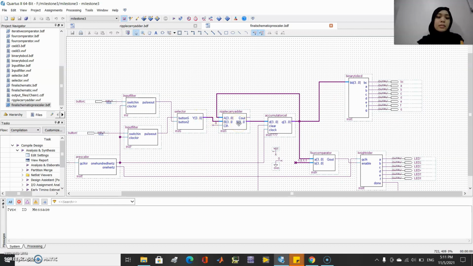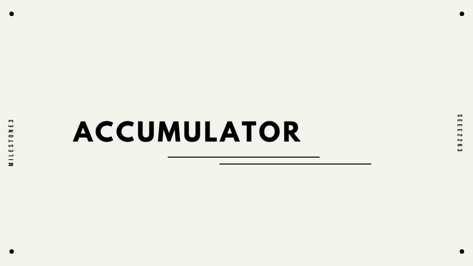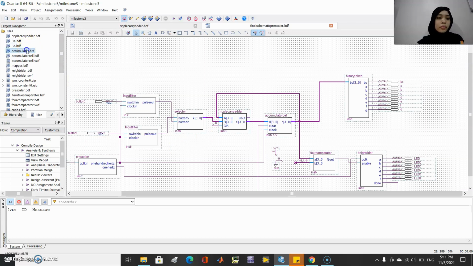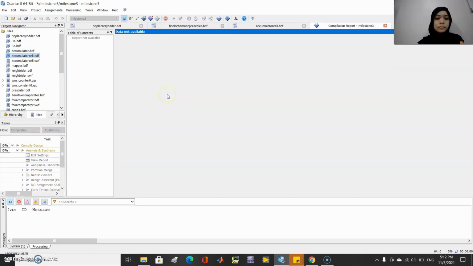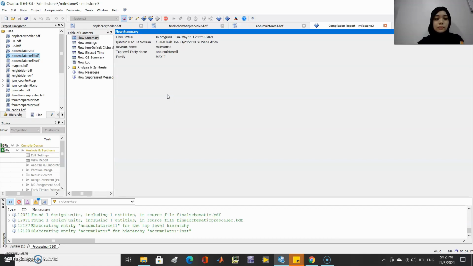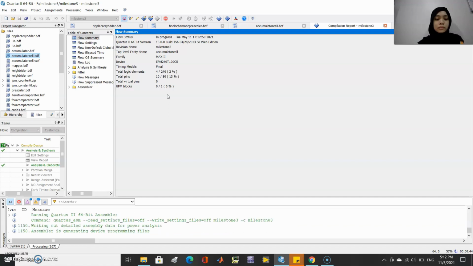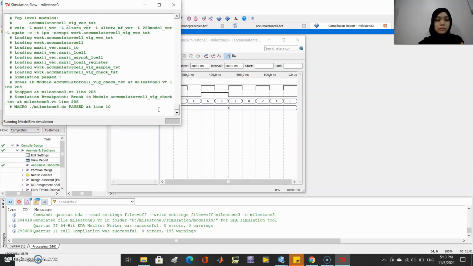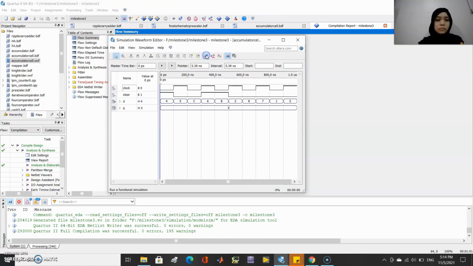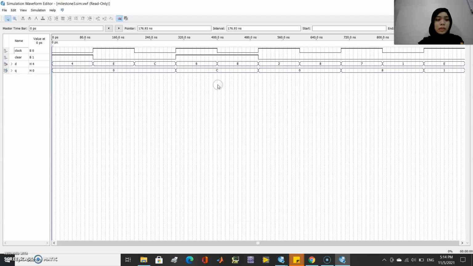It will add the current input and the store input. And for the accumulator,